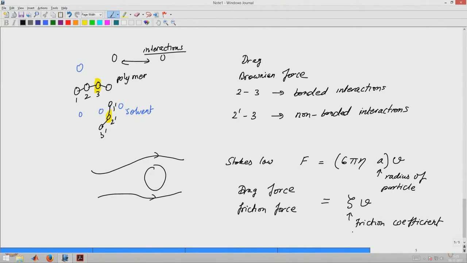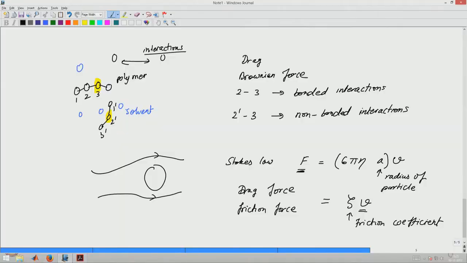The higher the friction coefficient, the more force is felt. At higher velocity, of course, we also have more force. This is one example of hydrodynamic interaction where the particle and the surrounding medium only interact,